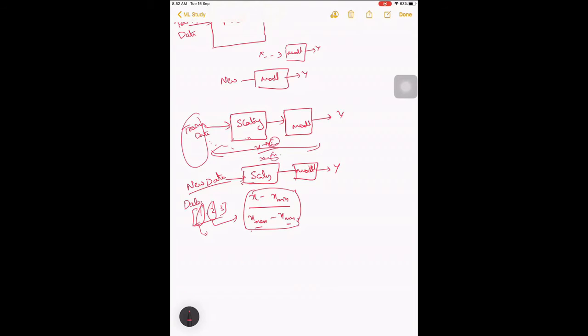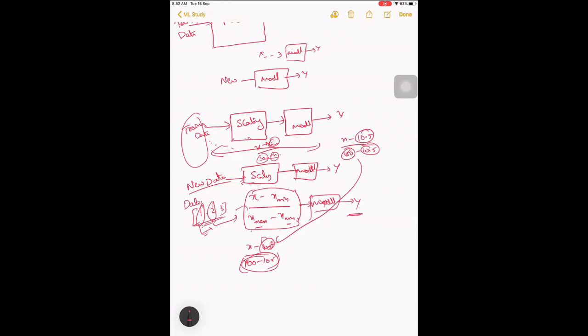So you have to store those values, whatever values you use. Let's say 10 point something by 100 minus 10.5. So you have to store these values and use the same values here, irrespective of whatever mean and standard deviation you'll be getting in a new data. You have to use the same values, by let's say 10.5, here also 100 minus 10.5. So you have to use the same values here to transform this data into the new scaled values and then use the model for getting the prediction. Okay, so this should be the process.